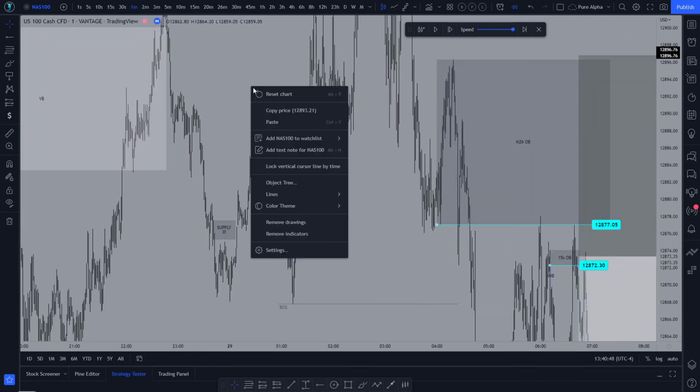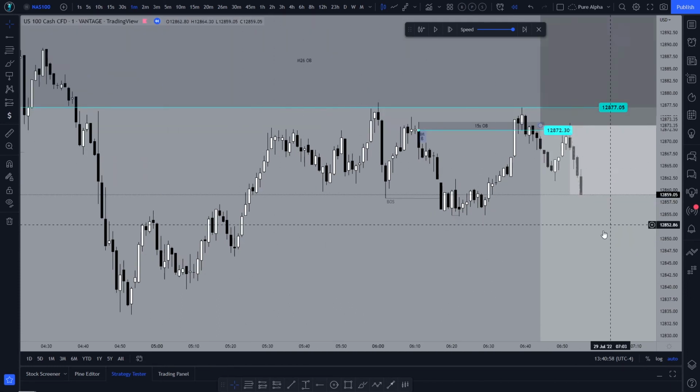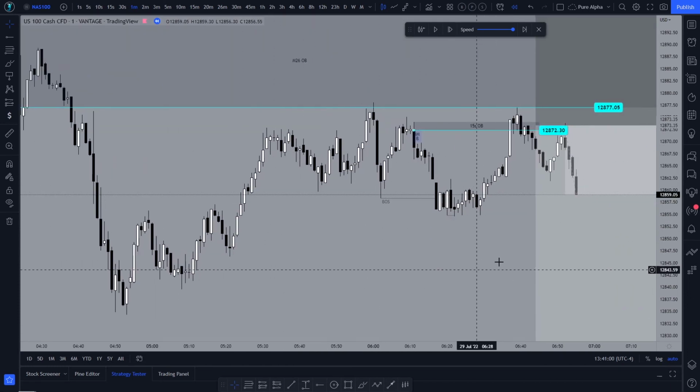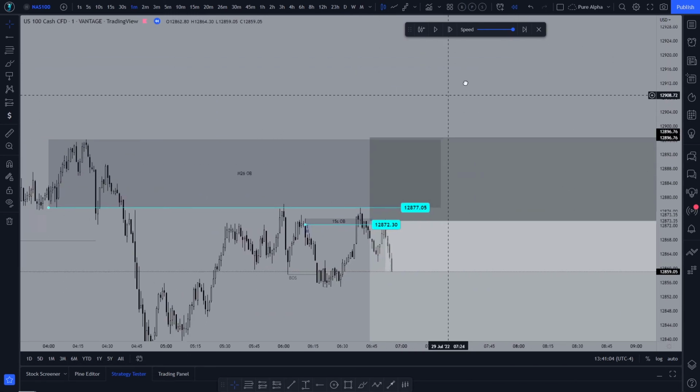But in this case, I was actually asleep. I rolled over in my bed, saw the entry, so then everything was valid. So we chose to go in from here and keep a stop loss up here in case price does choose to come up any higher. Now, you can also see a distribution within all this, but I chose to have a higher stop loss, so it was 23 points.